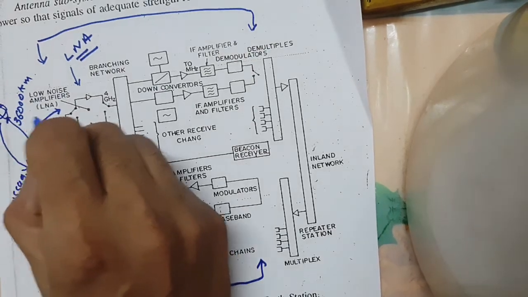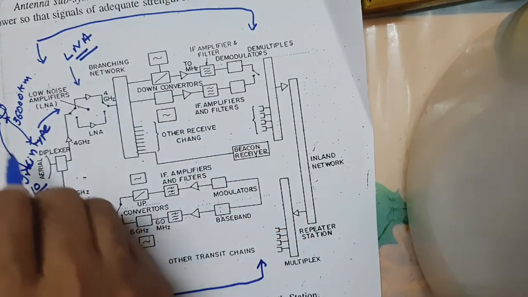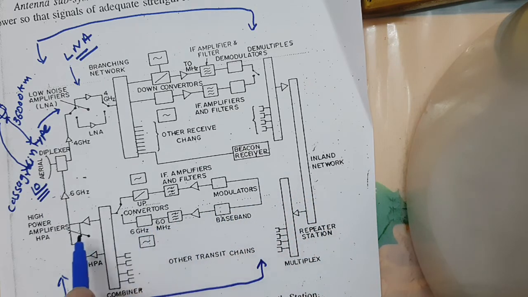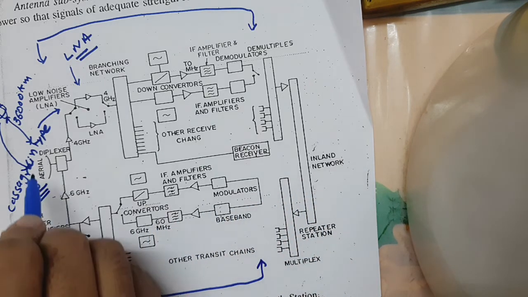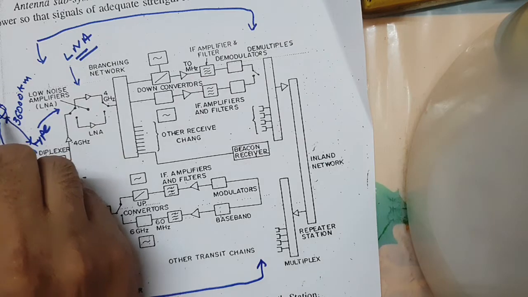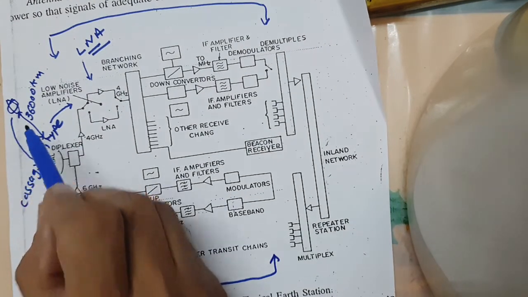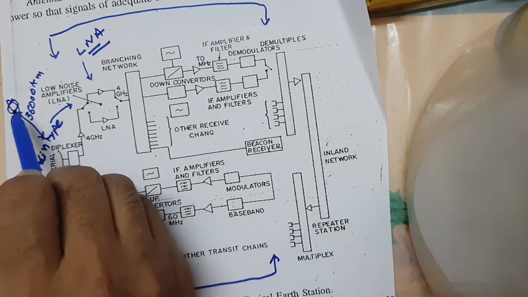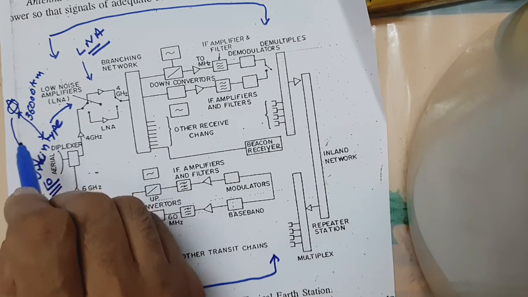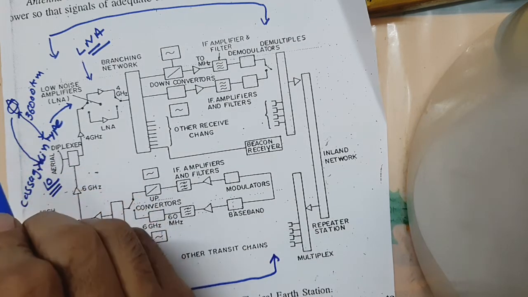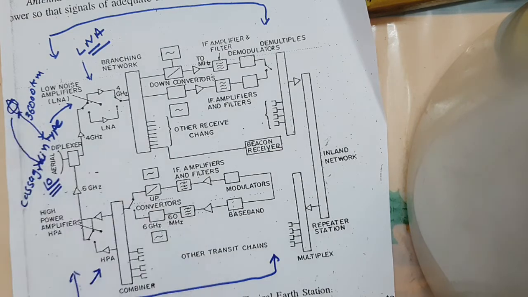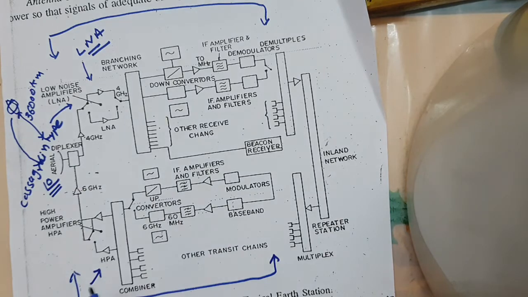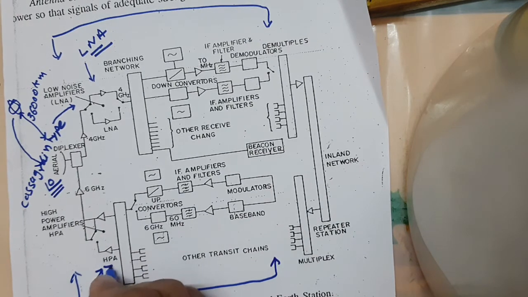This is the receiving chain. Here this is the transmitting chain. So whatever the signal we are getting from here must reach through the antenna towards the satellite. So this must be very powerful. The signal must be powerful, and then only it reaches and gives the information through the signal, that means the RF carrier wave, towards the satellite. So to make the signal powerful, we use this HPA, that means high power amplifier.